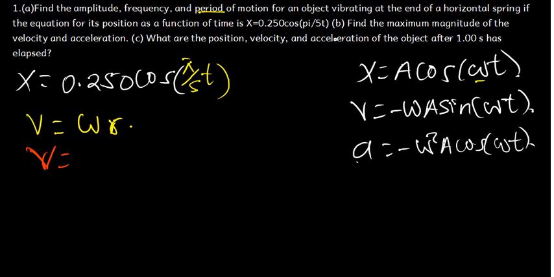Okay, I'm going to put the what? The amplitude. I'm going to say this times this. So my Vmax is going to be equal to omega times A. Sometimes if you don't want to use this one, you can also use this formula. We know quite okay that